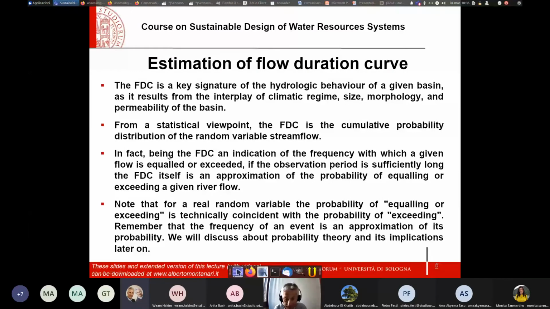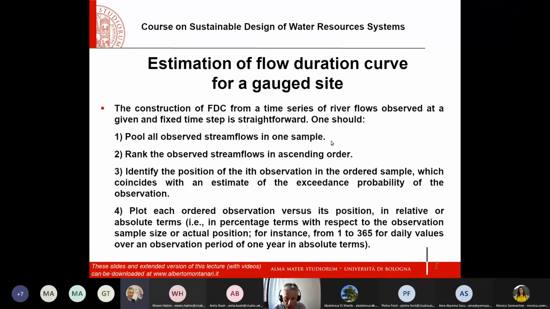And this is what this slide says. But again, if you have some doubts about what I'm saying, just be patient a little bit, because we will explore this relationship between flow duration curve and probability in more detail. Now, this is how the flow duration curve can be estimated. And again, we will do the exercise on this. Just keep in mind this slide, read it,